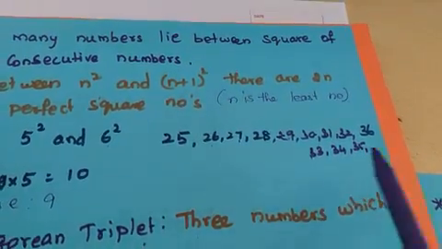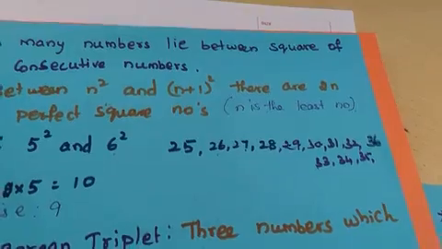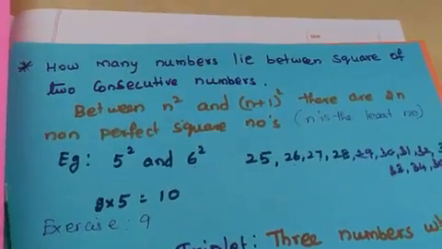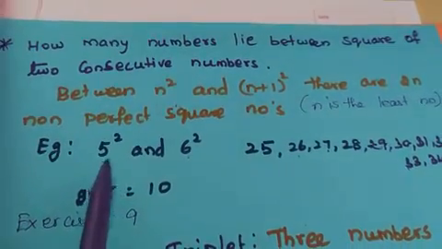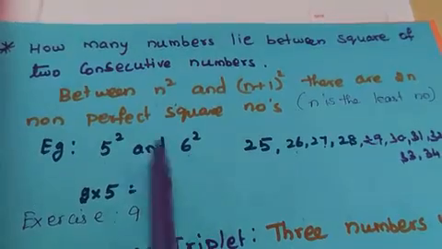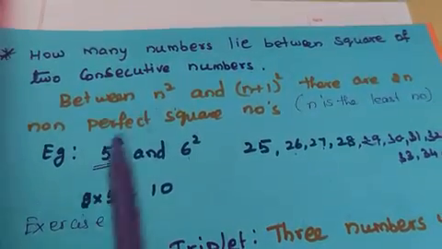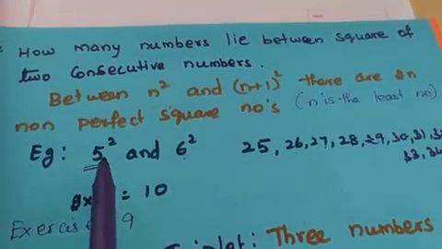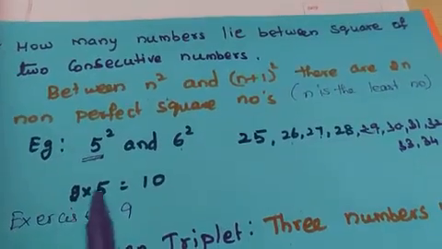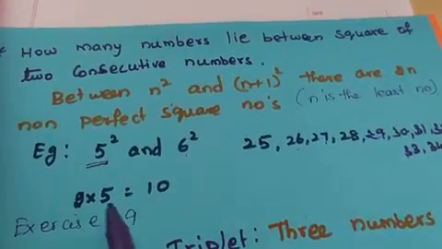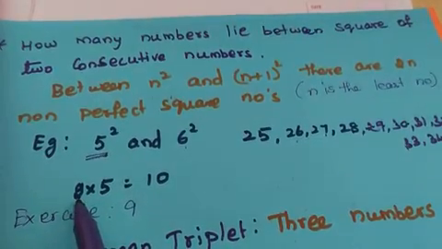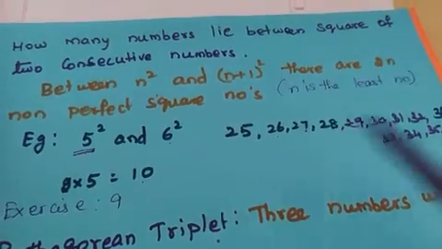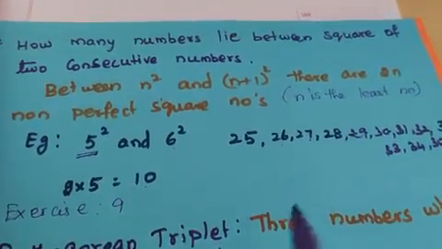Instead of doing it this way, in layman's way, we can easily find out. We can use the trick and find out easily. How? You see the given square numbers. In that, you have to check which is the least one. Least one means 5, the least number. Multiply that least number by 2, and you will get the number of non-perfect square numbers. That is 2 multiplied by 5, you will get 10. Here also we got 10 non-square numbers. Directly we can find out. Now you see.